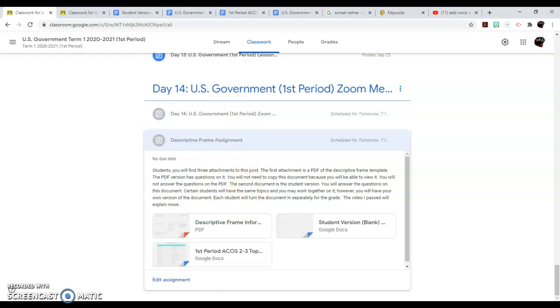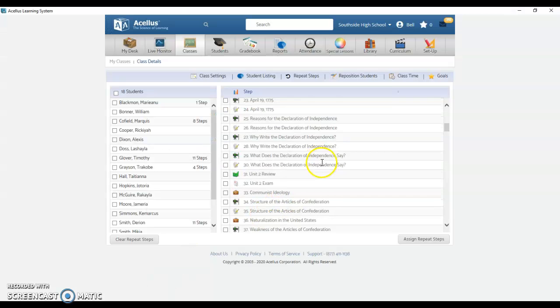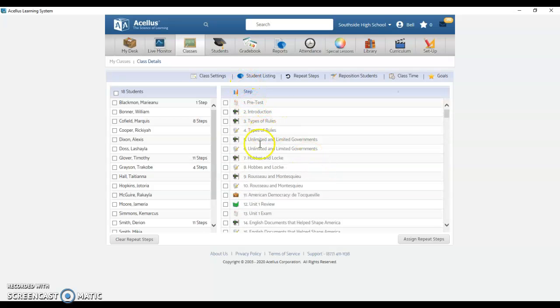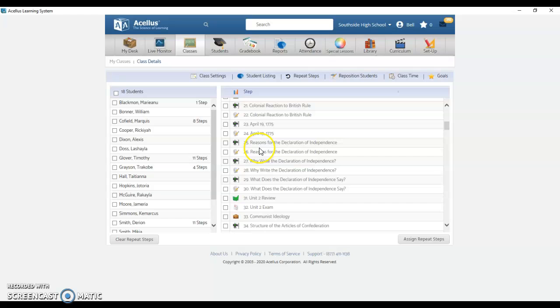Now, remember in Acellus, and I want to show you this, you started out here at the pretest. You should already be to the place of the Unit 2 exam. I'm going to go ahead and unlock it. For those that want to take that today, go ahead and take it today. All right, you may go ahead and accomplish Unit 2 exam. Hopefully, you will see me tomorrow, and tomorrow I'm going to allow you to work in Acellus. Remember, this week it is very crucial that you only do the lessons that I tell you to do. If you go forward in the lessons in Acellus, it will back you up. You'll repeat the lesson, and the score that you did before will not count.